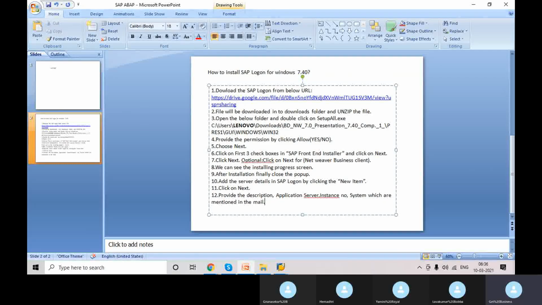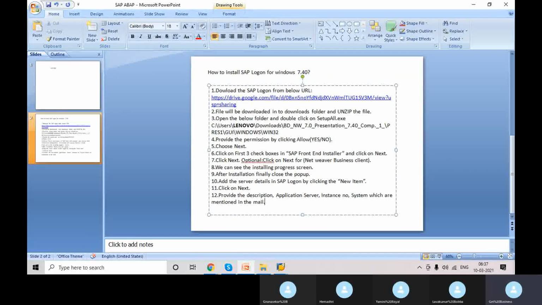We have to provide these four pieces of information. So we already added it now by providing the above training description, the IP address as the application server, instance number 85, and system ID ES7.